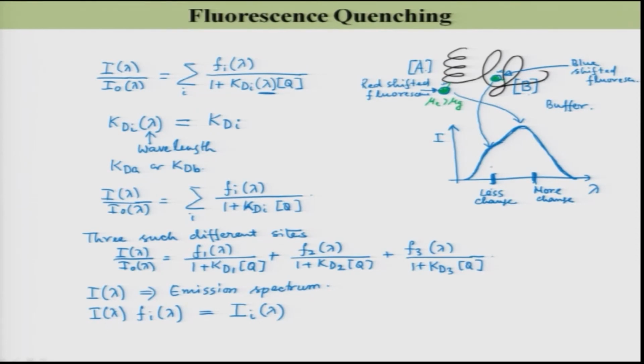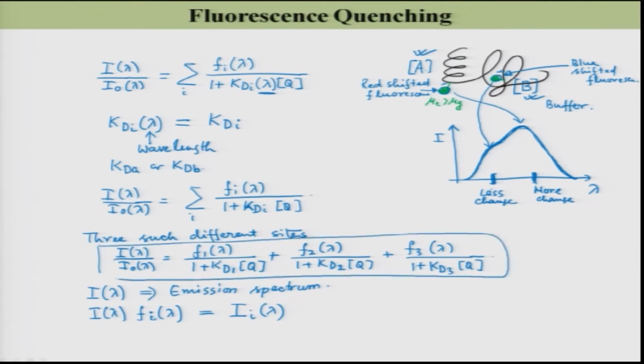It has a component of B and a component of A, so I have measured it together. And this Fi is the fractional fluorescence intensity for the ith component. So, if I analyze, let us say, for example,